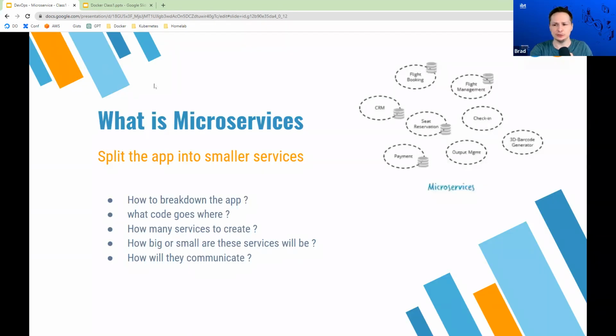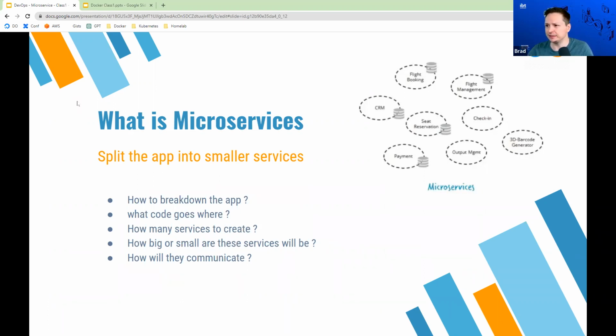Let's get into microservices. And I think talking about microservices is going to make you understand monolithic applications quite a bit more, and the benefits that microservices give you. So what is a microservice? Well, a microservice is basically taking an application and splitting it into different services and different code bases.